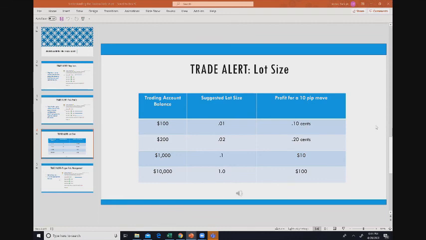So it's good to practice what you're going to do live in demo, but just be prepared that it's a little different when you have real money on the line. So to answer your question, it really just depends on your mindset. Some people can set a trade, set their stop loss and take profit and forget about it and not look at it. So if that's you and you don't mind watching it be in drawdown a little bit,